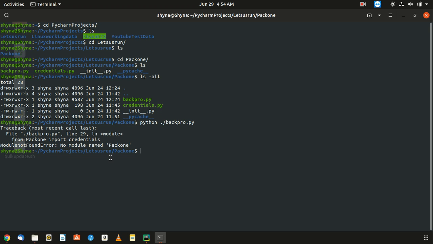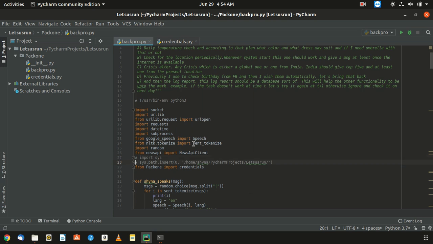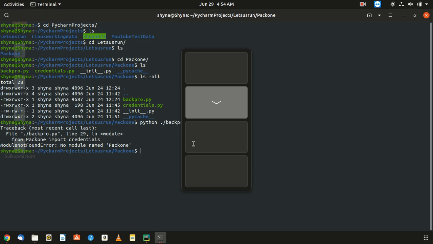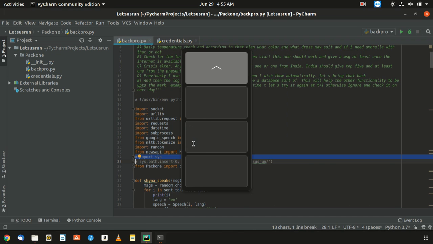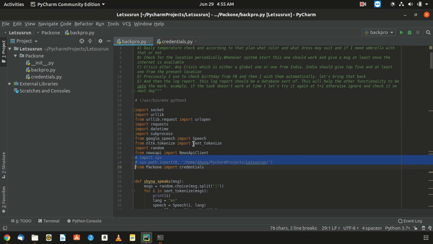So what to do? My cat is getting energetic about this. It can be solved, and this is a very generic error. When you try to run any Python script directly from the terminal, you may come across this. Generally, if you have any default package which you install using pip, it will not show any error. But if you are not using pip and you have your own customized user-created package, then you have to do this. So once I uncomment this,